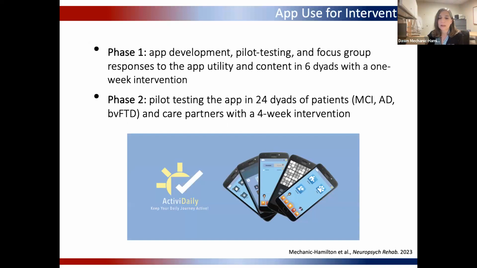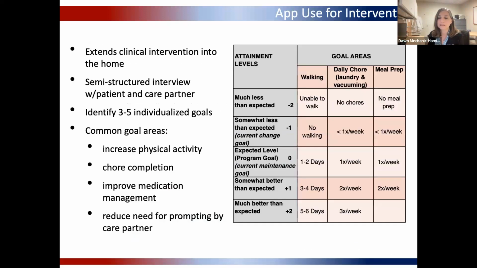I don't think I have time to go through this, but one thing that I will say is that in order to create the goals for this app, we used something called goal attainment scaling, which was a process of coming up with goal areas for individuals that were set on a standardized scale. And I think that was a really helpful approach for this particular type of study, where you can have each individual have very different goals, but they are standardized so that when you're looking at outcomes, you can look at them across a standardized scale.